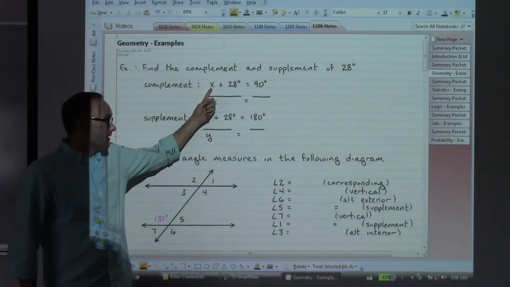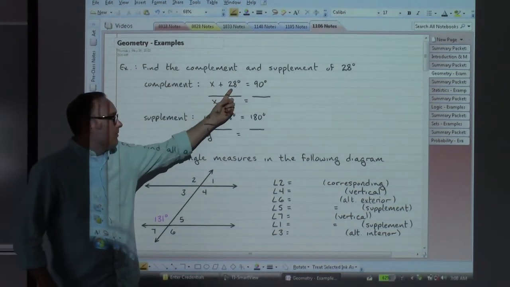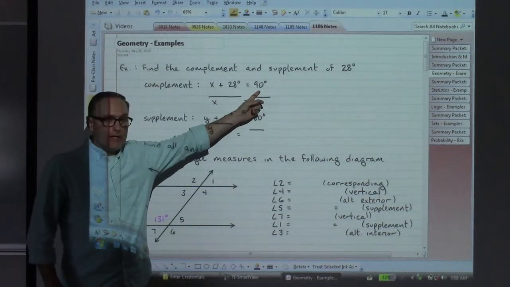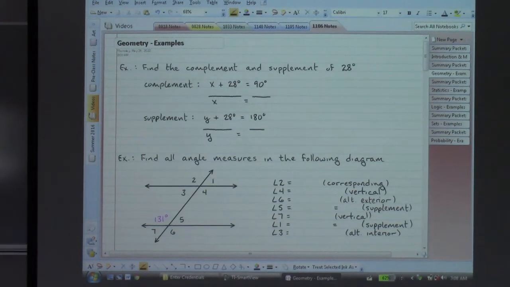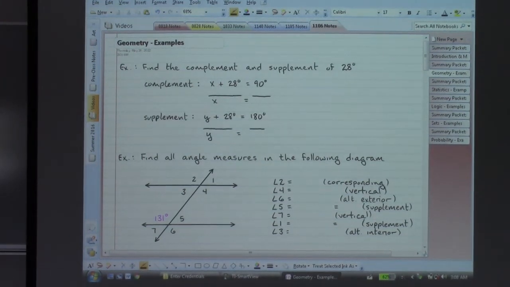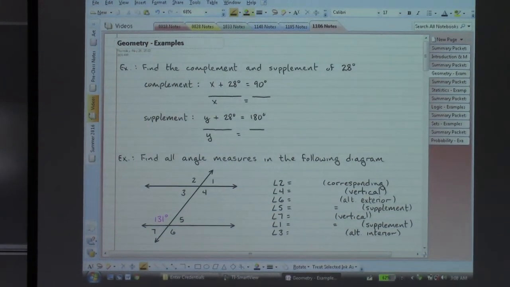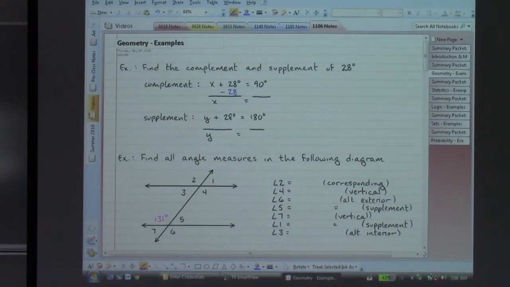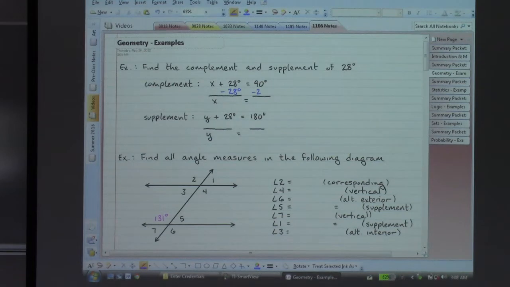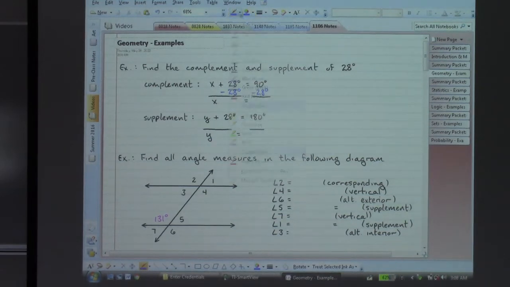So we have the complementary angle plus the 28 degrees equaling the 90 degrees. That means that we would need to subtract on both sides. So if we subtract 28 degrees on both sides, that will give us an angle of